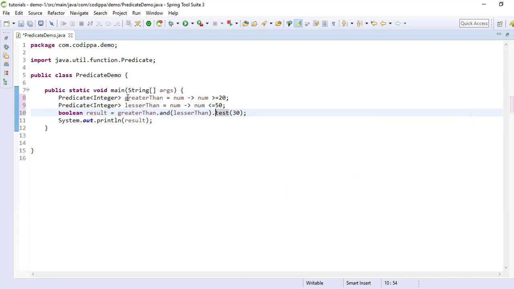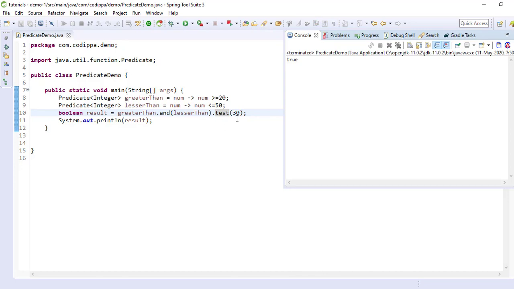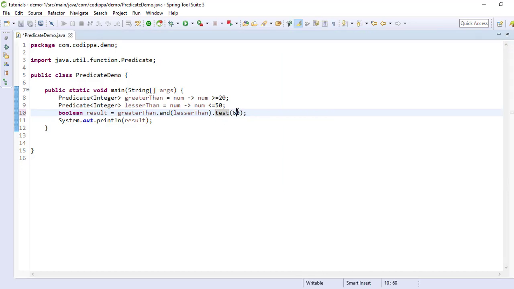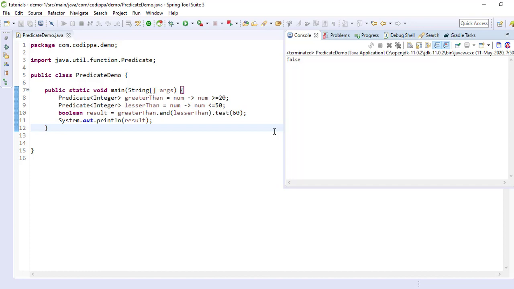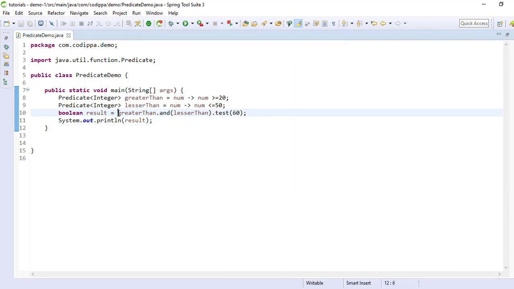Modify these. This is called predicate chaining. It will first evaluate the first predicate. If it is true, then the second predicate will be evaluated, and the final result will be a combination of both predicates. So, this method evaluates to true since 30 is greater than 20 and lesser than 50. True it is. Now change this to 60. This should be false since 60 is greater than 20 but not lesser than 50. See? This expression is equivalent to an if condition with a logical AND operator, as